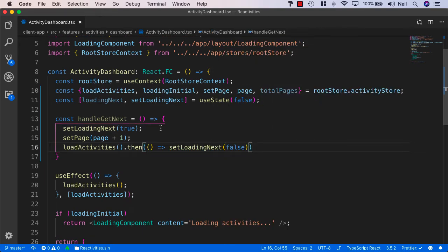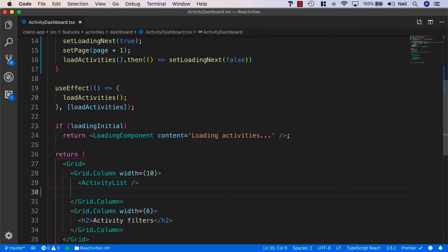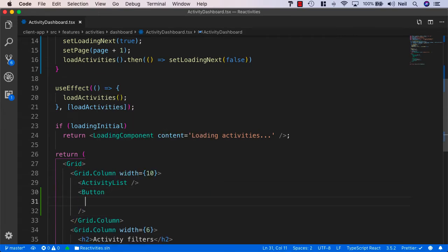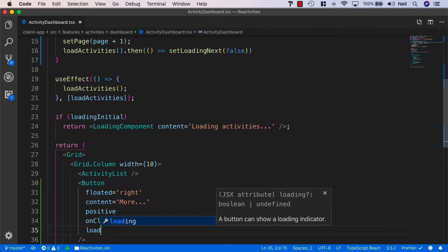And then what we'll do temporarily, we'll look at a different method very shortly, but for now we'll just add a button to allow the users to click and go and get the next activities. So just below the activity list, I'm just going to add a button and bring that in from Semantic UI. And our button, we'll just float it to the right, and we'll give it some content equal to more. We'll make it positive. We'll give it an on-click event of handle get next,